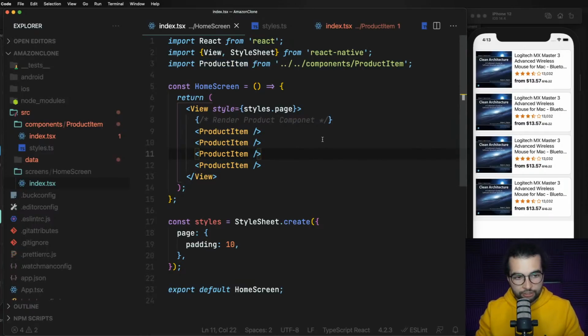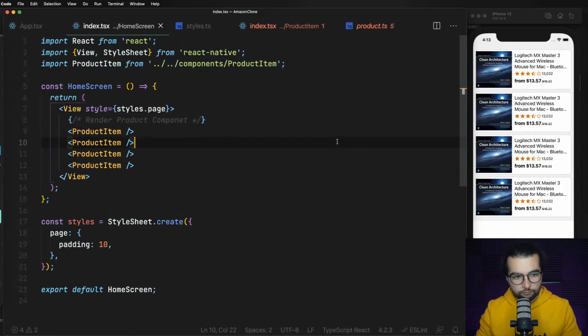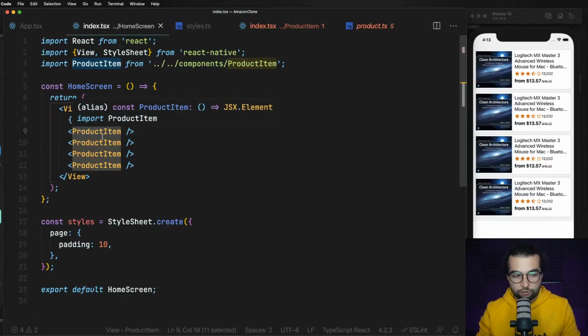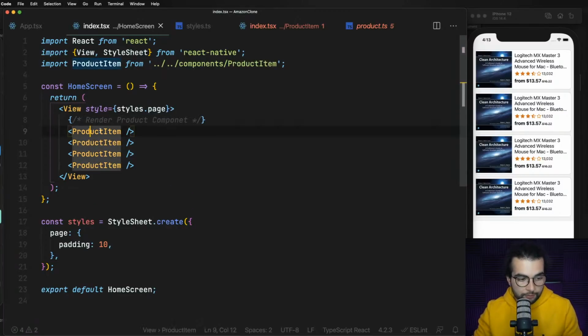Yeah, all the components are using the same data, which is not what we need. We need a way to send some data from our, for example, home screen. We need to send the data to our product item, so that the product item will know what it should render. Not only how it should render, but what should render, what data it will need. To do that, yeah, we can send this data as properties of this